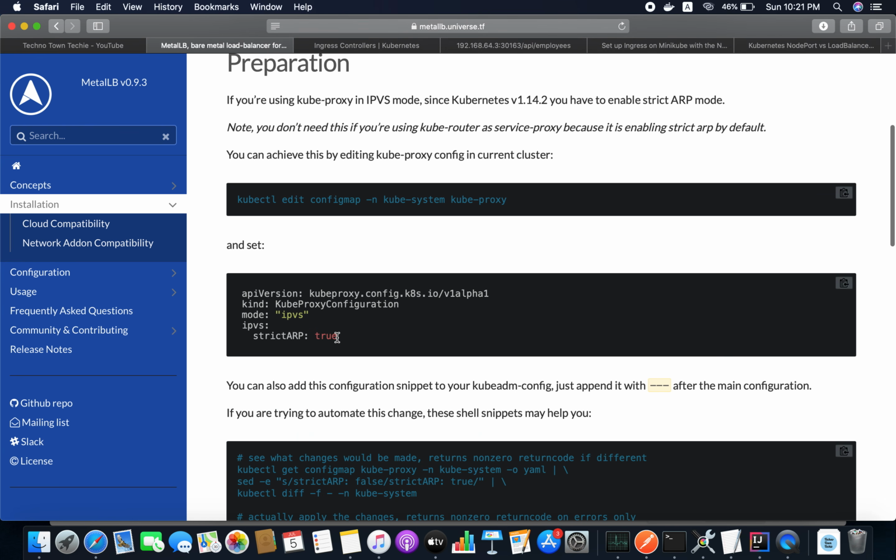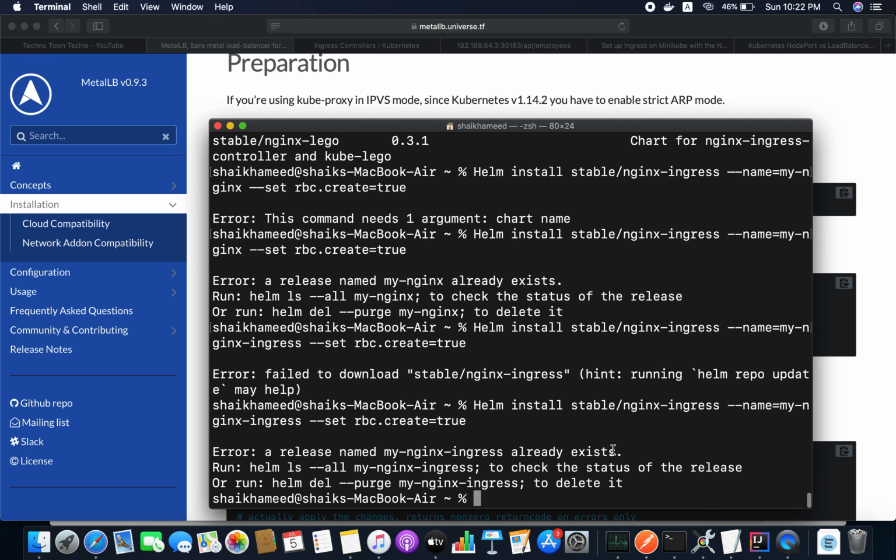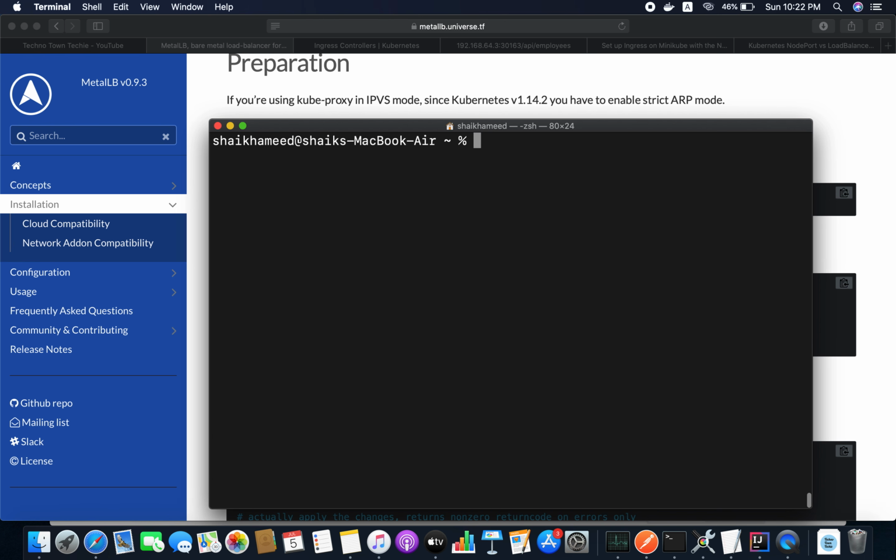So this is the installation, guys. Once nginx is installed, I'm going to get the pods.